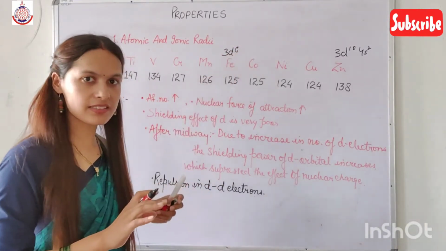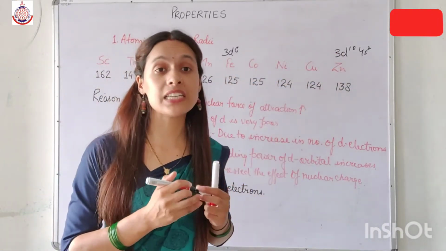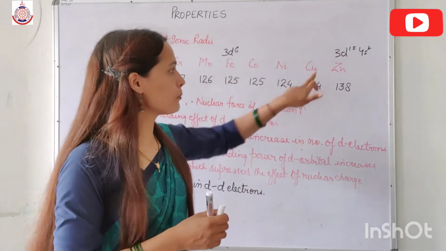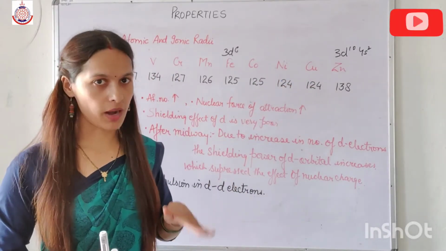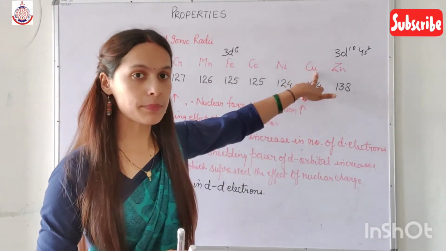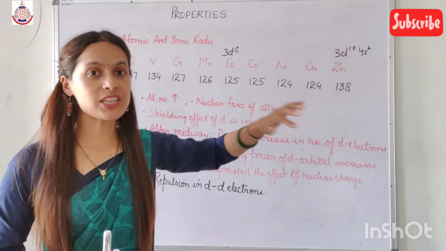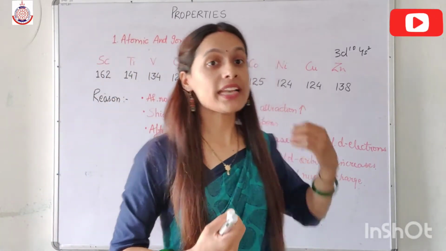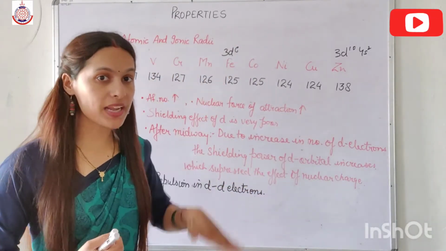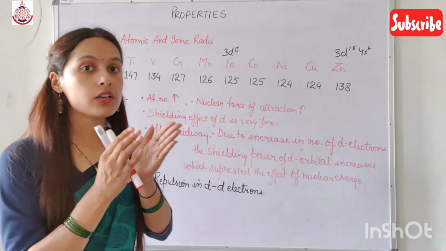So the pairing starts here. From 3d6 to 3d10 we get dd repulsion also. But up to copper the effect of dd repulsion is suppressed. But after copper the dd repulsion becomes overcome. The dd repulsion becomes dominative, and that dd repulsion suppresses the effect of the nuclear charge,